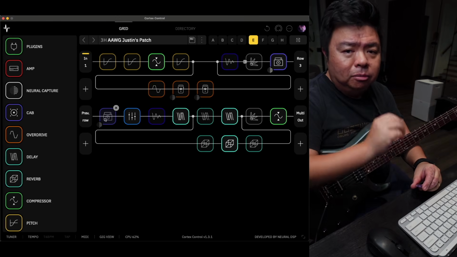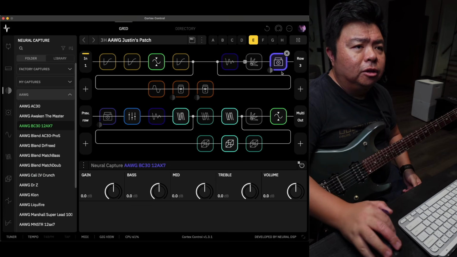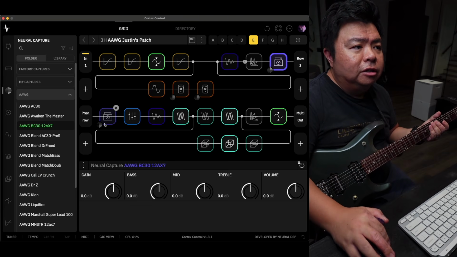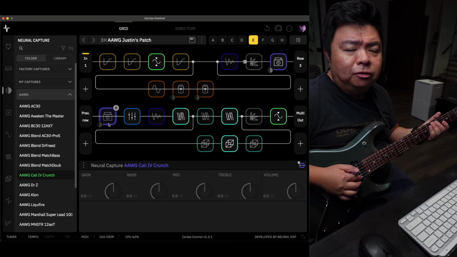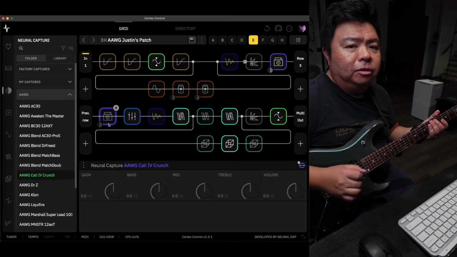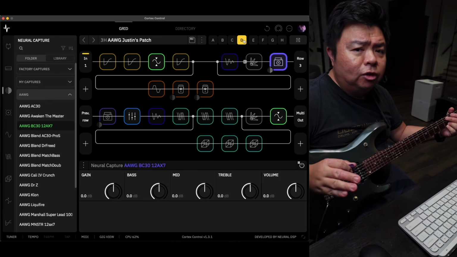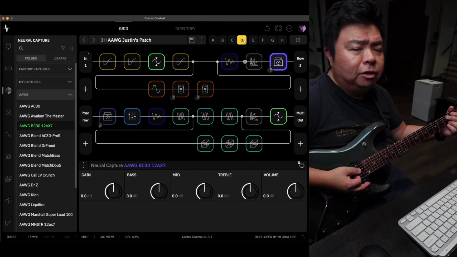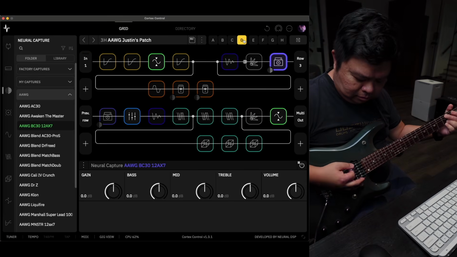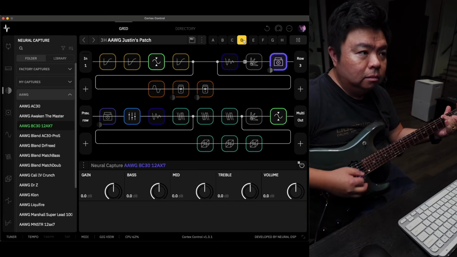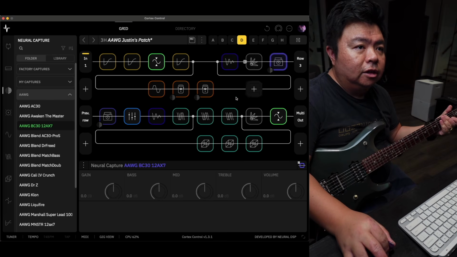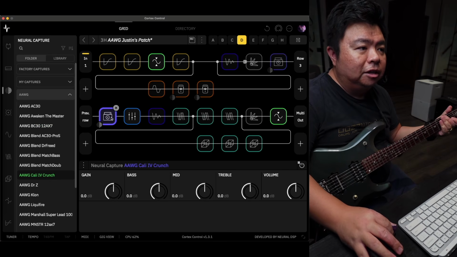But the whole setlist wasn't going to be Dream Theater inspired, so I did need to have normal sounding worship sounds. I needed a way to change from the Worship P, BC30, and the Kelly Mark IV crunch, which is quite distorted. Just to hear the completely dry signal, this is the M by itself. And then when I change to the Kelly IV,